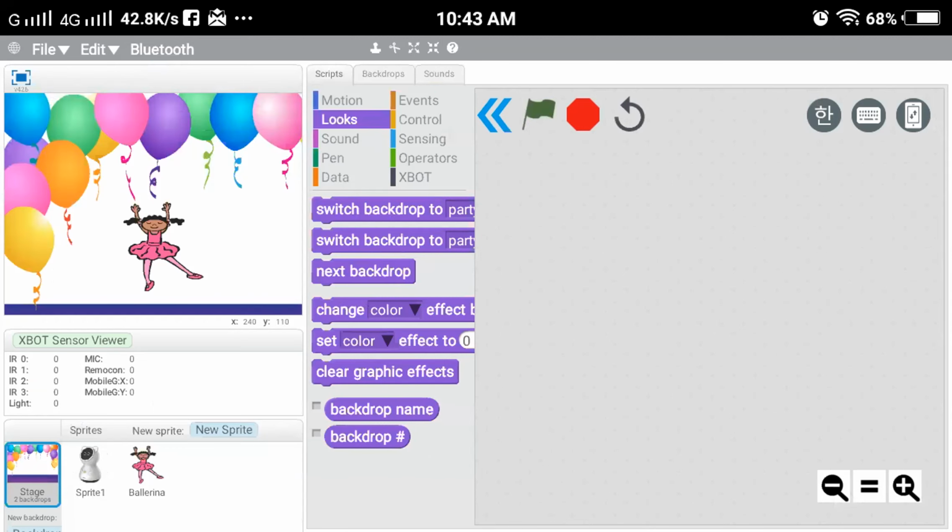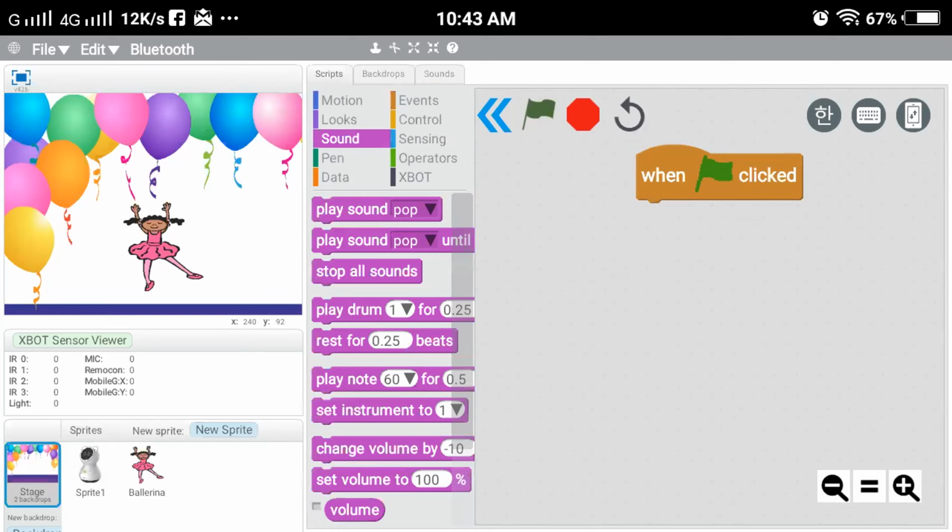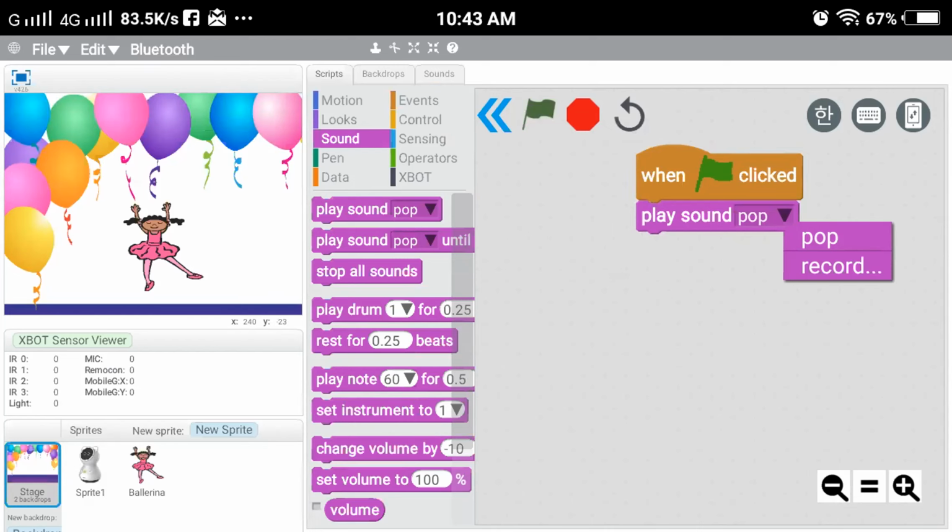Okay, now we need to write the script here, the same as we have done on the computer. For that, first I'll go to events, click and drag this block. Next I'll go to sounds. Now play sound, first one. And instead of the pop sound, we have to choose the other sound.